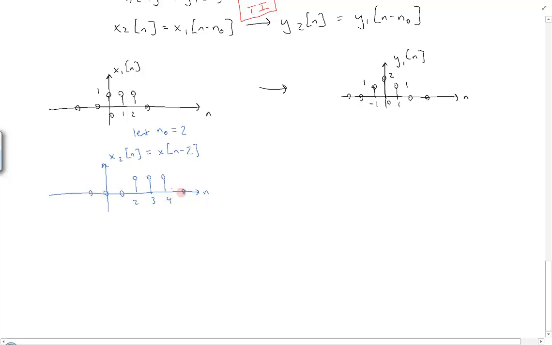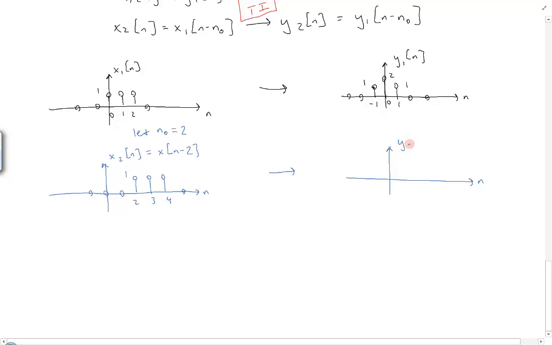N0 is everywhere outside, still at an amplitude of 1. We have not changed the amplitude at all. It's just a time shift. And now we're going to look at the output, and again, in this case, we're going to say the system